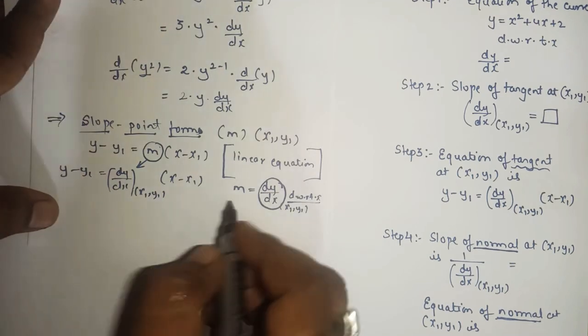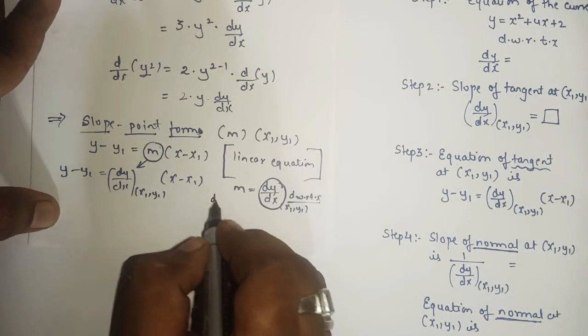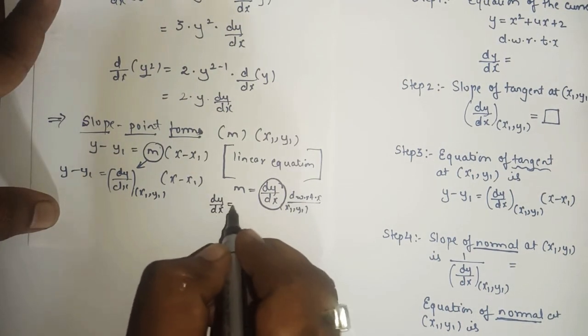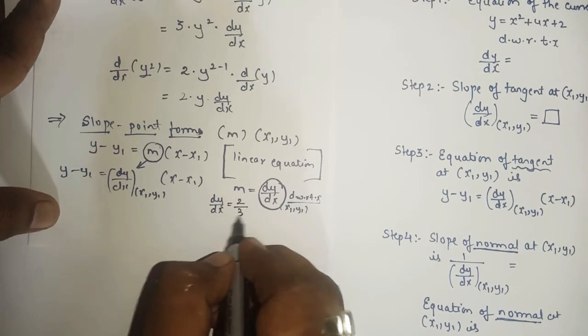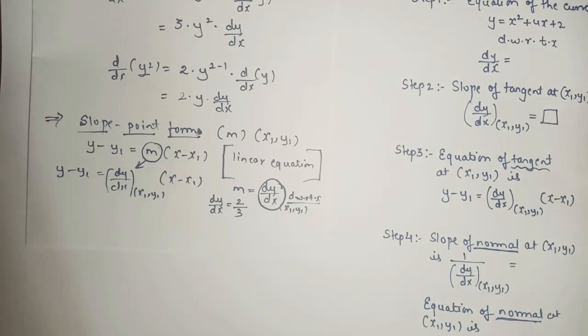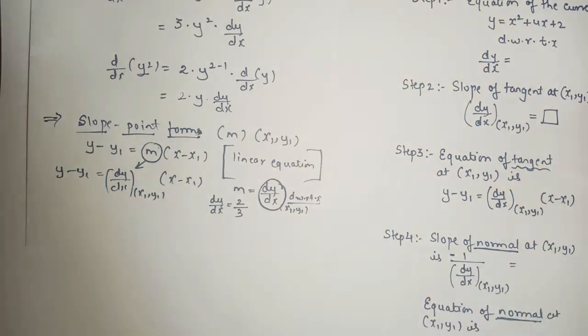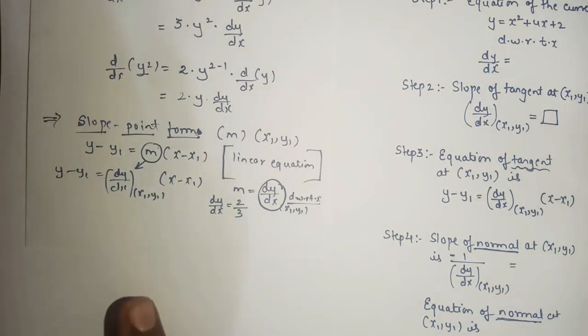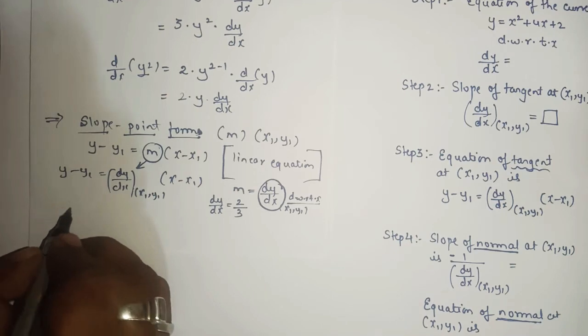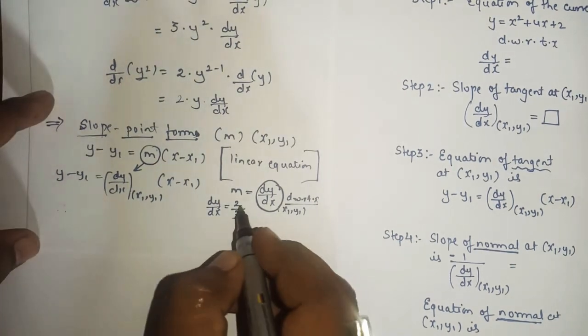Now, for example, if we got the answer of dy by dx as 2 by 3, to find the slope of normal, simply what you have to do,